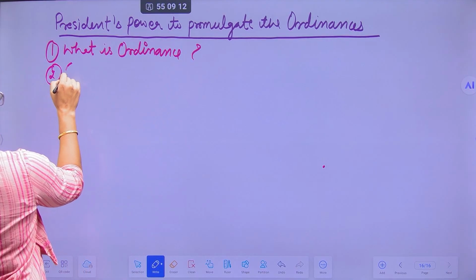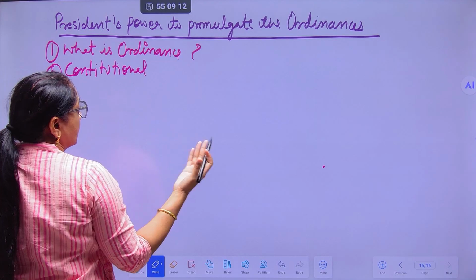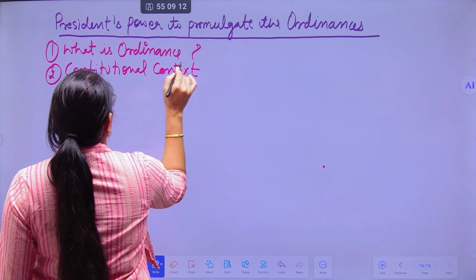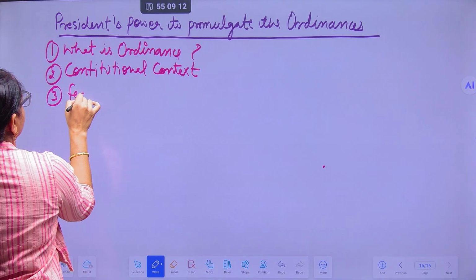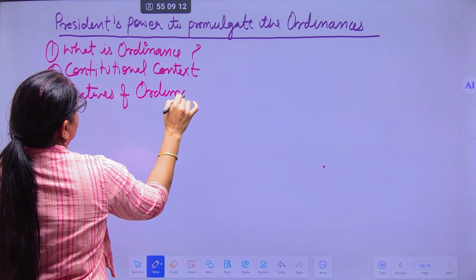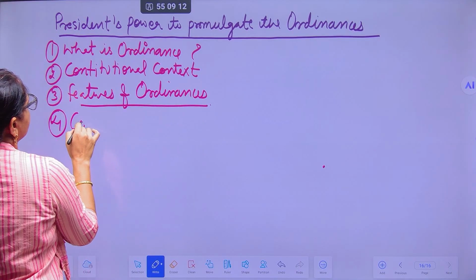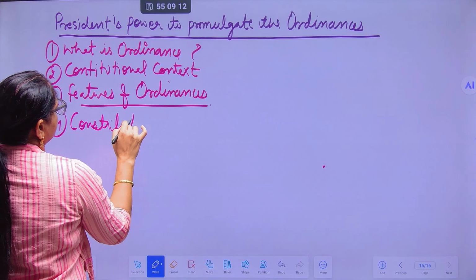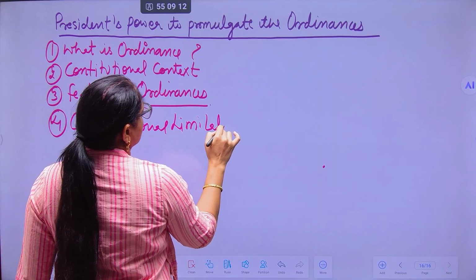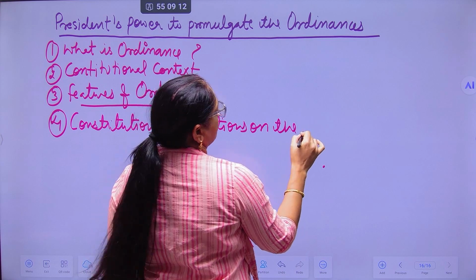The second, then, the constitutional context. What is the constitutional context? Meaning which part, which constitutional article is responsible for this. Thereafter, the features of ordinances, right? Thereafter, certain limitations, the constitutional limitations on the ordinance making